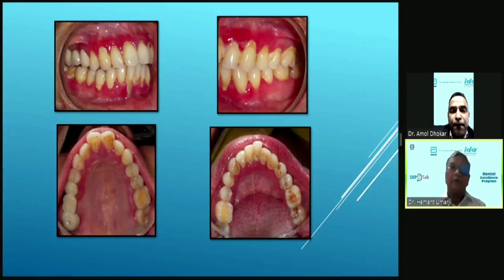Actually, there are a number of causes of desquamative gingivitis. One cause is erosive lichen planus. The second cause is cicatricial pemphigoid or benign mucous membrane pemphigoid. Then in post-menopausal women, this type of erosive lesion is seen, and also in pemphigus vulgaris. These are a few conditions where desquamative gingivitis takes place.